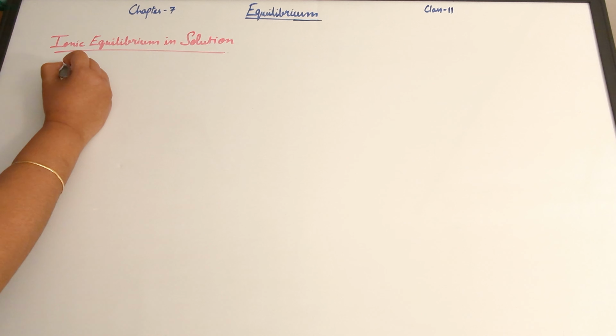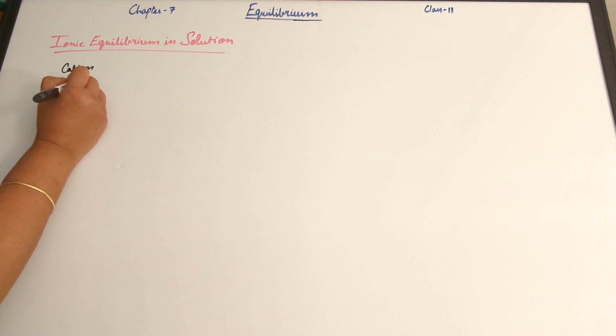In the previous set of videos, we talked about the various factors that affect equilibrium. In this one, we are going to be talking about ionic equilibrium in solution. So, ionic, what does that mean? The word ionic obviously relates to the word ions, and you have two different kinds of ions, that is, a cation